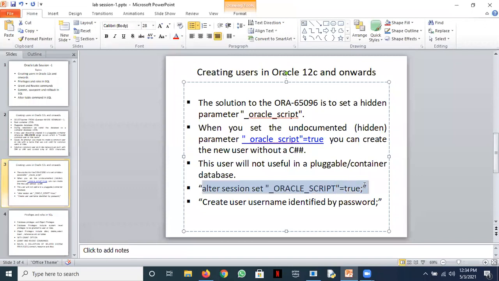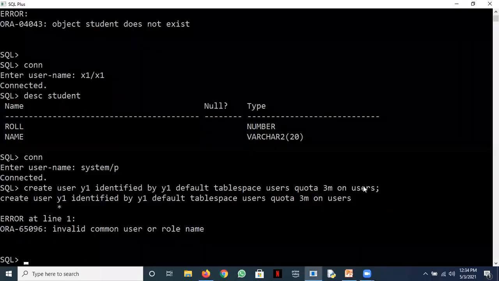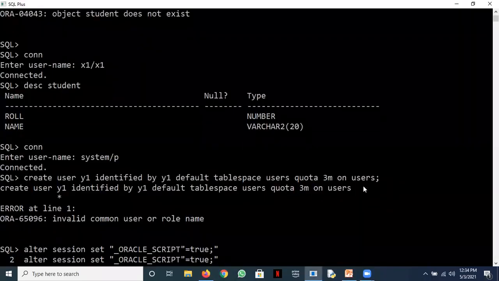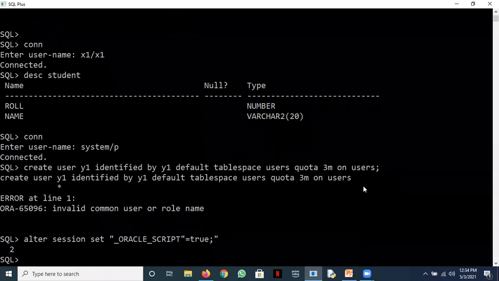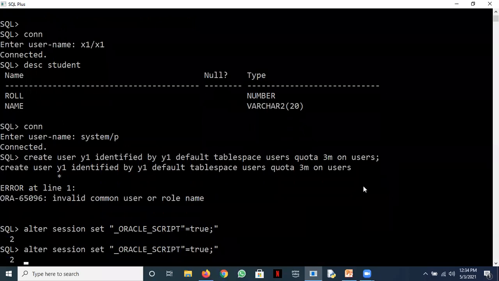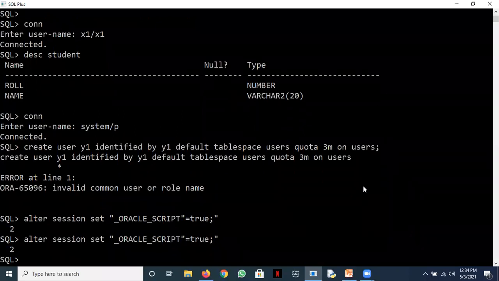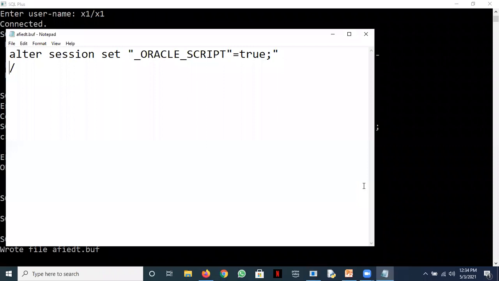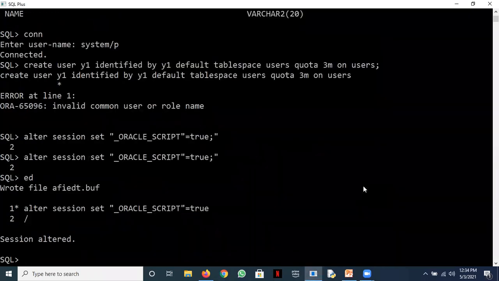So you can write this sort of thing here. This won't work. Session is altered.